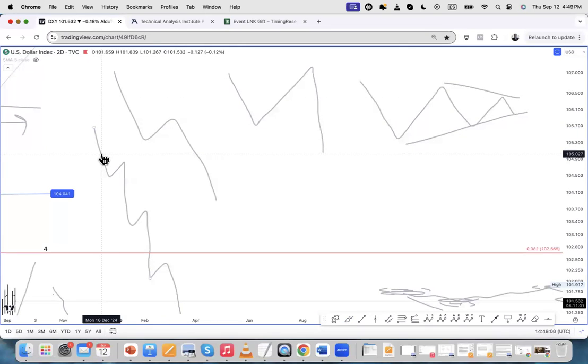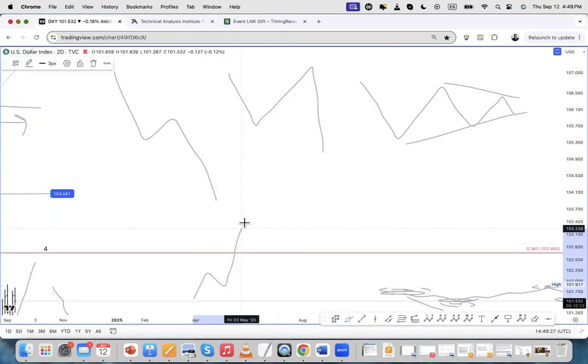And again, we love doing that because it puts all the probabilities in our favor. But at the end of the day, we basically have to identify 5 structures, which is the 3 types of corrections, which is zigzag, flat, and triangles, and the 2 types of motive waves, which are